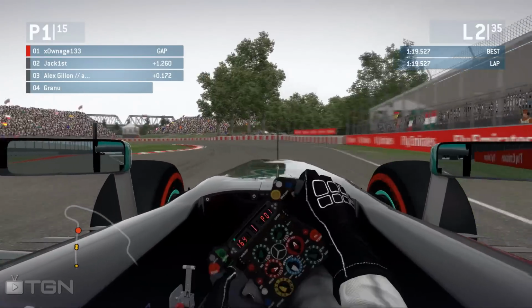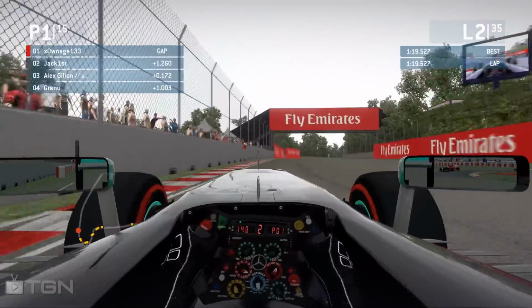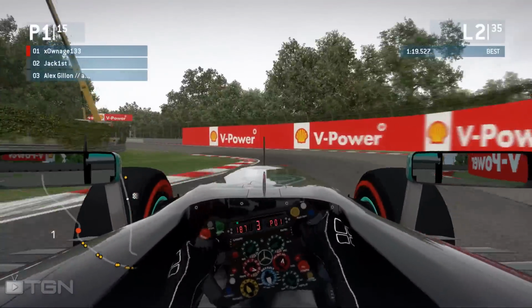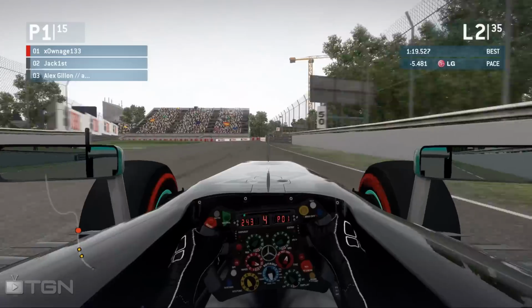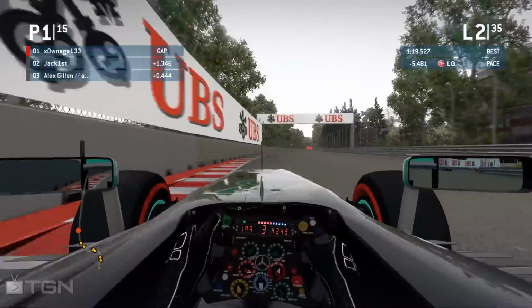So that's the first lap, and I'm 1.2 seconds ahead of Jack first. Barcelona dropped back because it's Granu right now in 4th, so he had a good first lap. And then it's Alex very close behind Jack first, so while they are battling a bit, I should be able to pull away, even though it's a tiny bit. That tiny bit could make a big difference in the later stage of the race, so that's what I am focusing on right now. I'm pushing quite a bit,